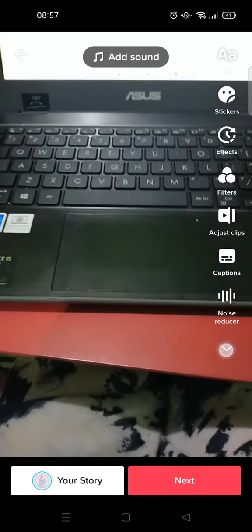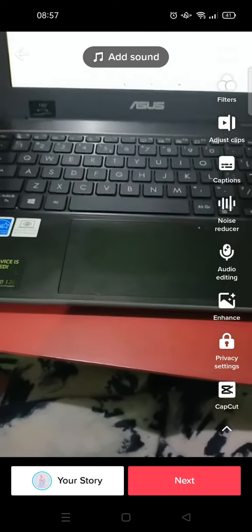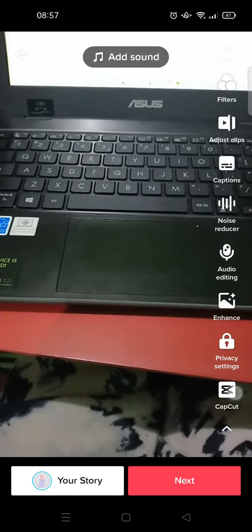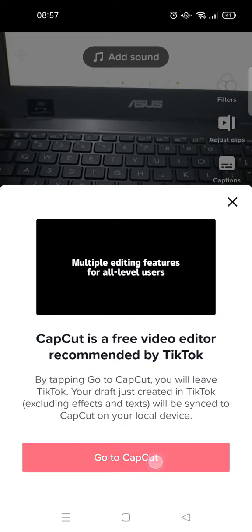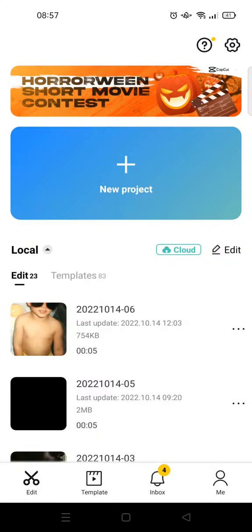So you need to click on the CapCut, and you need to have the CapCut app on your phone to do this trick. Click on CapCut and then click on go to CapCut, and then click on continue editing,